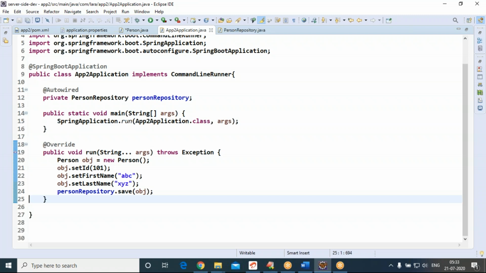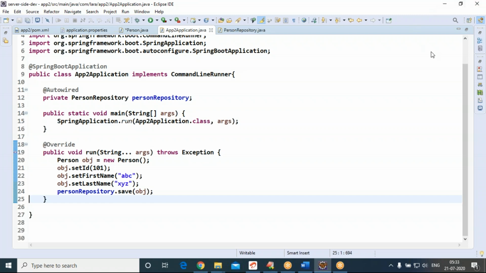Who provided person repository? The framework. Why did the framework provide it? Because of @Autowired. We don't need to implement any database methods. We need to know the process of using the save method, delete method, finder methods, and get methods. Lots more methods are there in the person repository, and we want to use those methods.